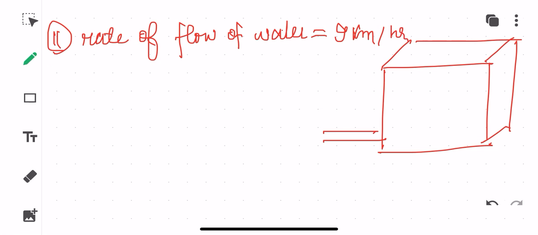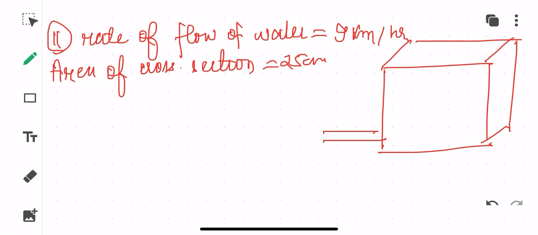Okay, and then what you will be writing, children? You will be writing that first of all, the area of cross section given, that you have to calculate. Before that, you have to calculate how much water is flowing in 1 hour 15 minutes. Or first, just find out the area of cross section. See, area of cross section is equal to, they have given as 25 centimeter square, children. So this is the area of cross section of this particular pipe, children.